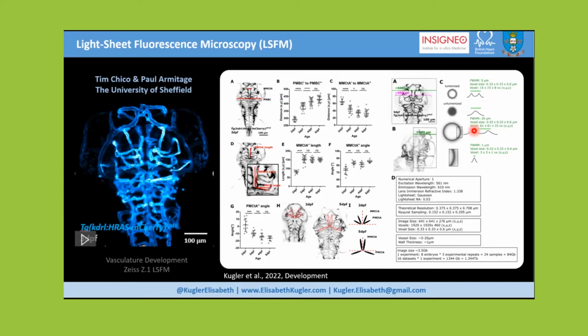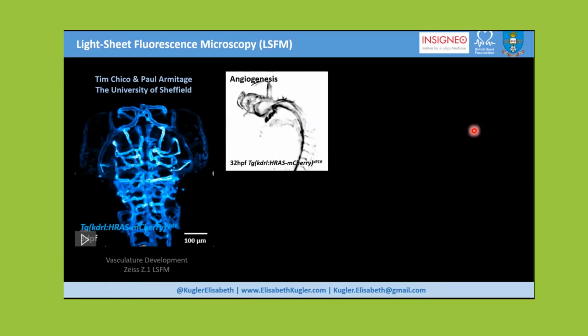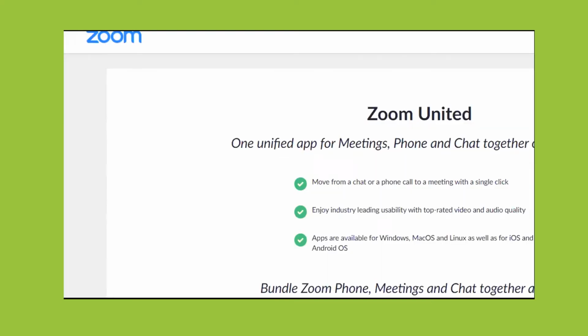But all of this is three-dimensional, and like I said, light sheet microscopy is amazing because it also opens up this dimensionality to time. And in vascular development, there are many different processes that are hugely interesting. One of them is angiogenesis. Angiogenesis is a process where vessels form from already existing vessels, and you can see this here, where so-called central arteries,